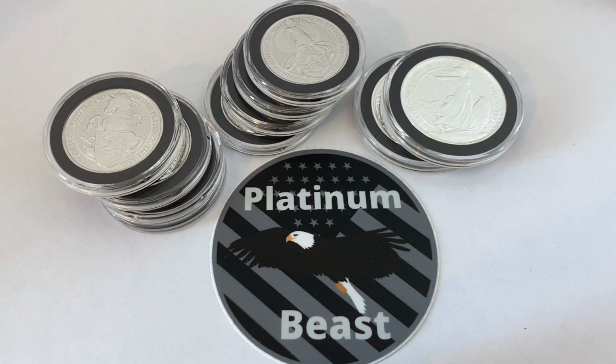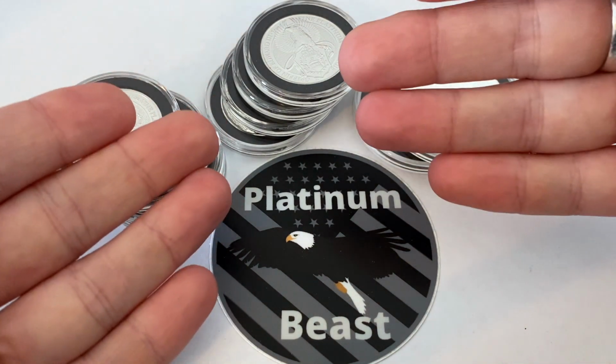But the Royal Mint is really starting to ramp up a lot of the series that they're releasing and a lot of the things they're putting out there for people to stack and collect. And I think it's important that we keep an eye on that because they could really become collectible in the future. Now, one thing about the Royal Mint is